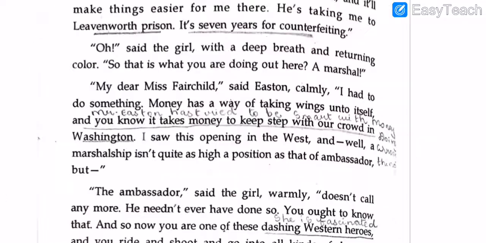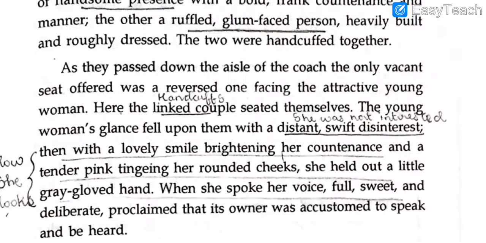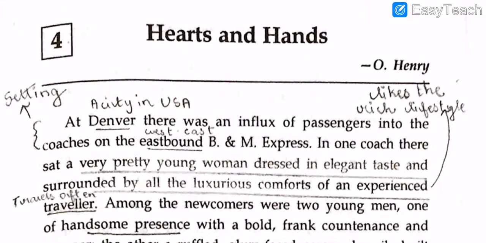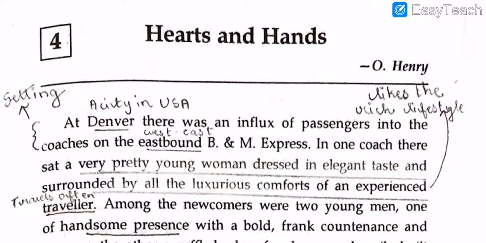Okay, going back to the title of this chapter, Hearts and Hands. So our hypothesis is right? This can actually have two interpretations. One, hearts is something that is on the interior, and hands is something that's on the exterior. And the second interpretation could be hearts again, that is on the interior, and hands is on the exterior.